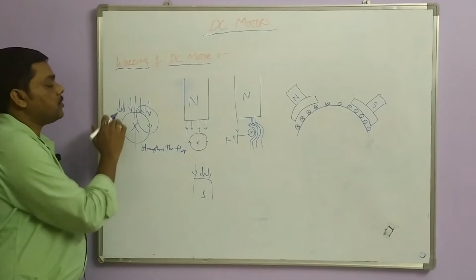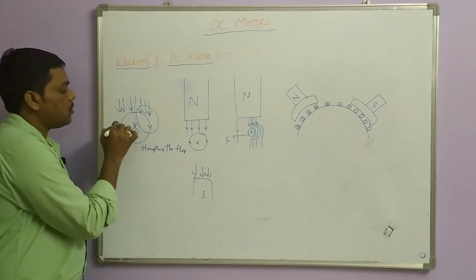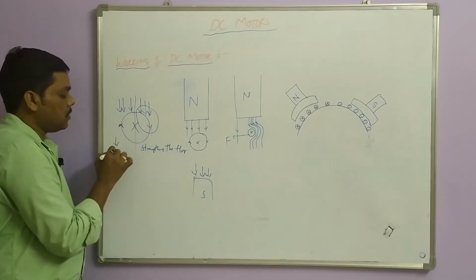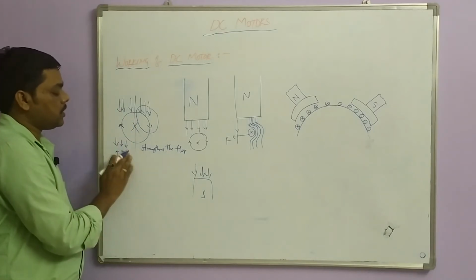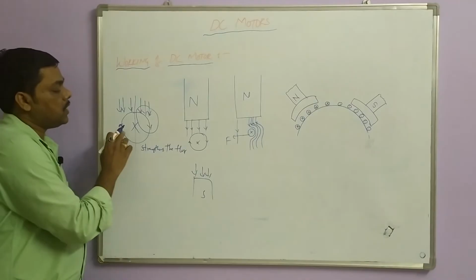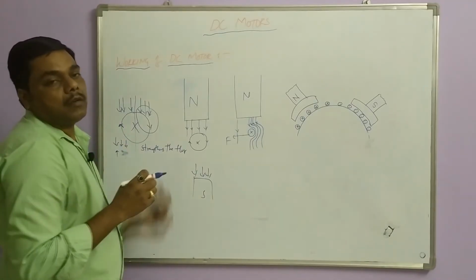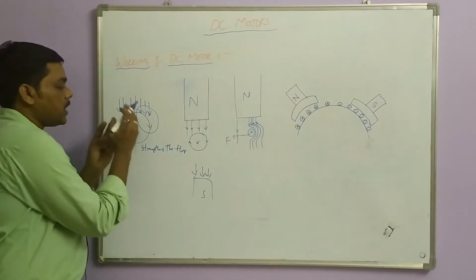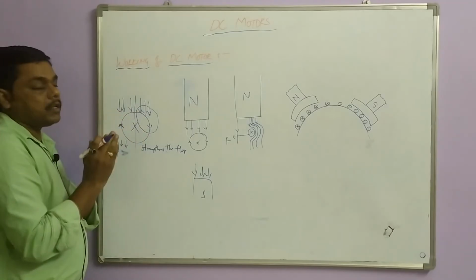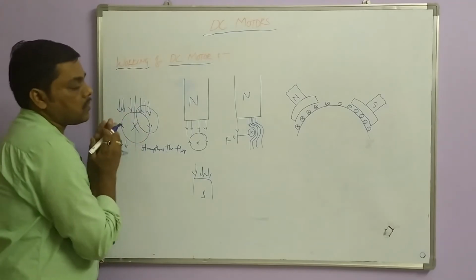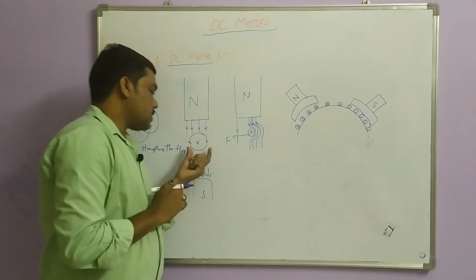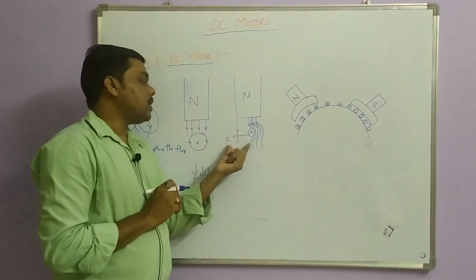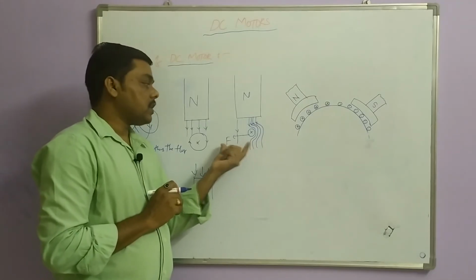Now on the left hand side you can see the flux direction is downwards and this flux is opposing this conductor flux, which will weaken the main field flux. So on the right hand side the flux is strengthening and on the left hand side the conductor flux is weakening. Now in this case, the force direction will be like this as per